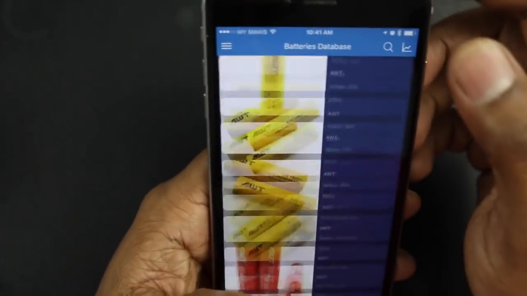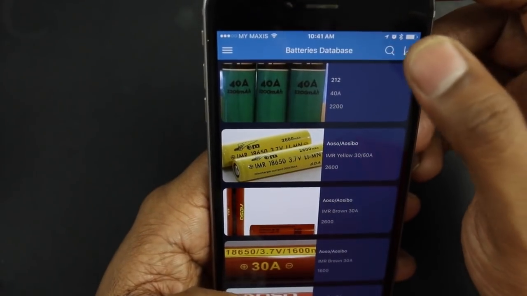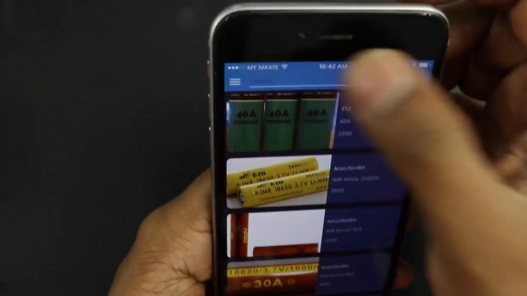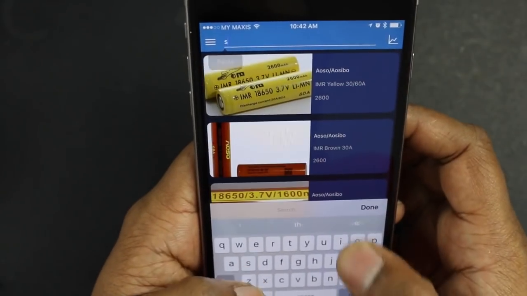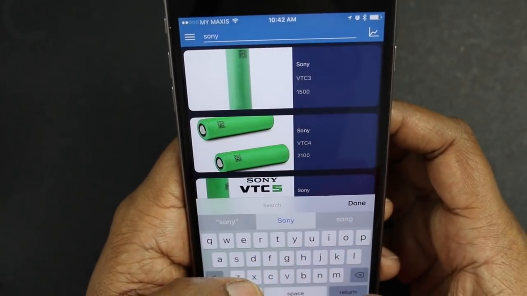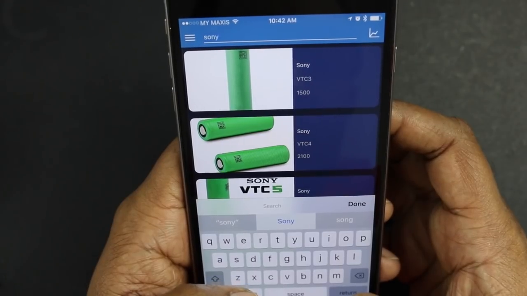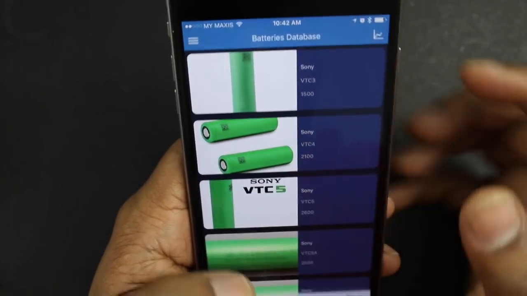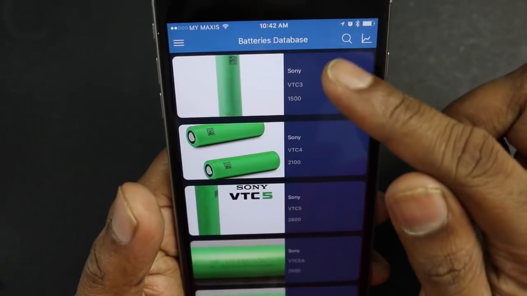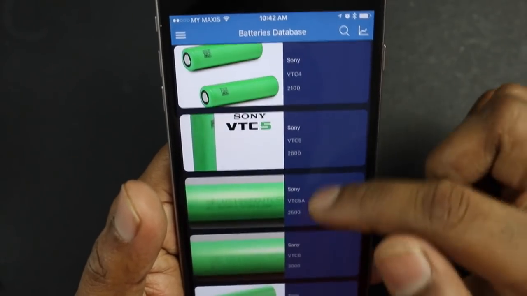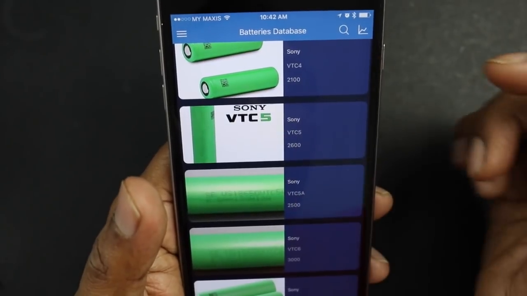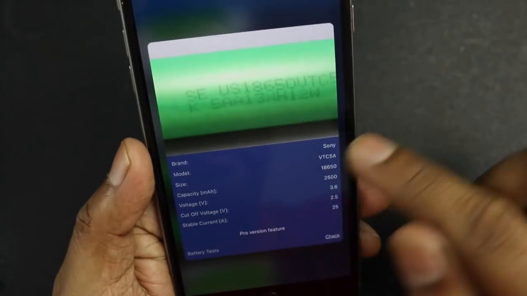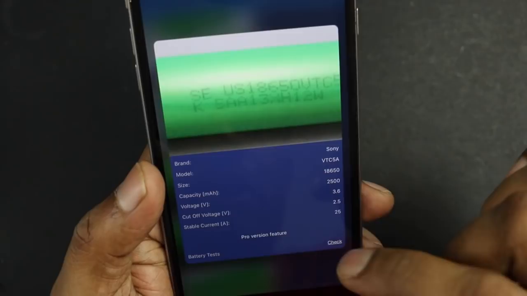So if, let's say, you want to check out a new battery that you are thinking to buy, you can just put it in here. For example, let's say I just know that Sony batteries are good and I want to check out all the other available Sony batteries. Done, right? So you have your Sony VTC3, 4, 5, 5A, 6, right? So this is the one that I always use, 5A. Click on that and it gives you lots of information about the